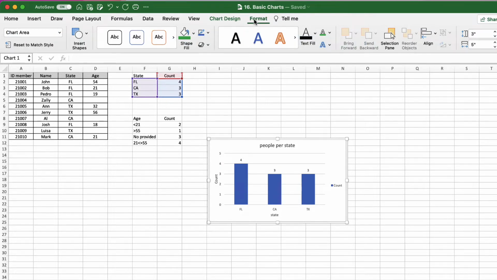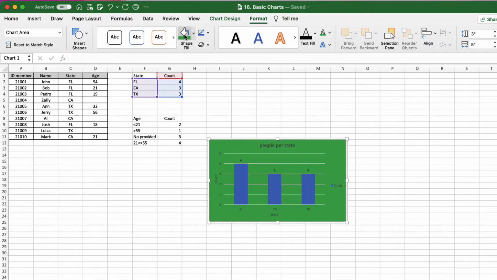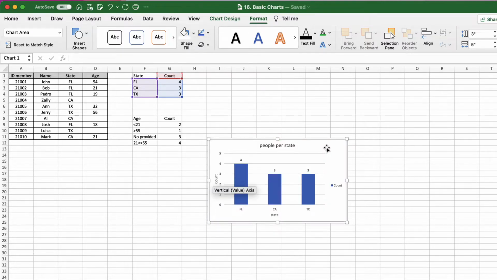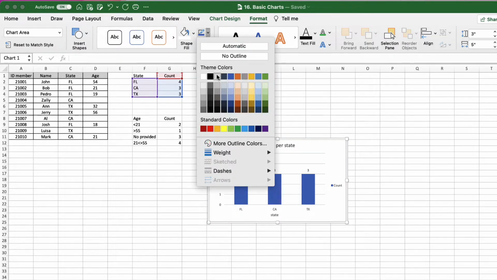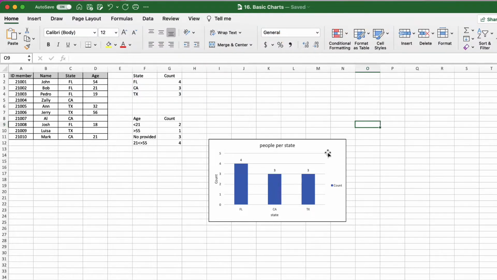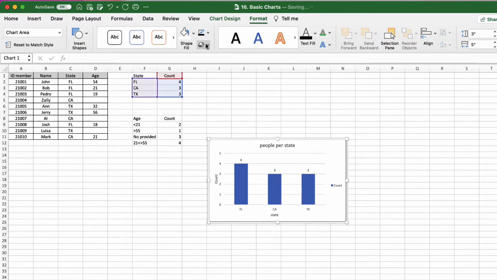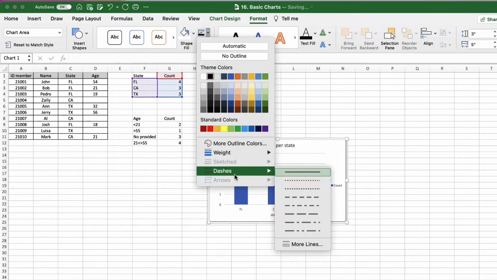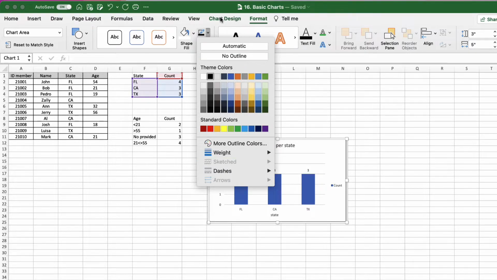Now let's explore a little the Format tab. Here, we can find Shape Fill to add background color. Shape Outline will add a borderline to the chart. And we can change the thickness, color, and type of line.